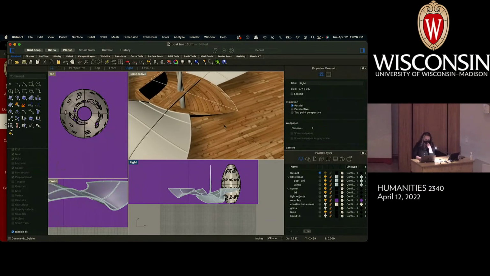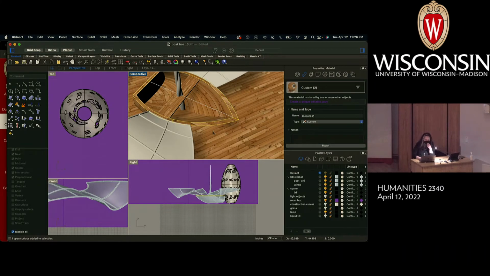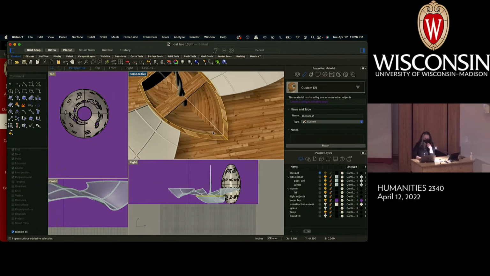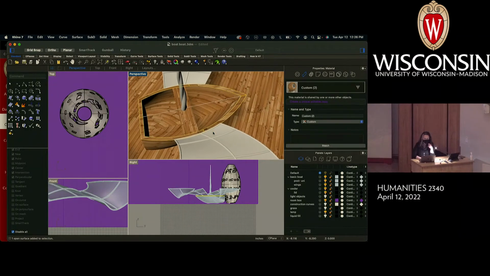So I'm not super thrilled with the way that this surface, no, not that one. I'm not super thrilled by the way that this surface is holding the texture. And I'd like to try to maybe reorient the texture a little bit. So all I need to do is, because it's shared, I can create a unique copy of the texture, or the material in this case. And then it's going to allow me to